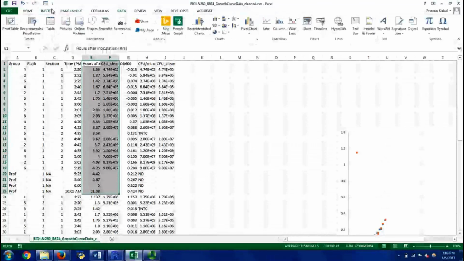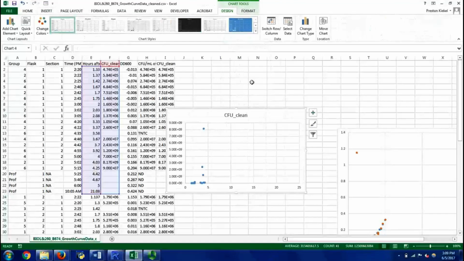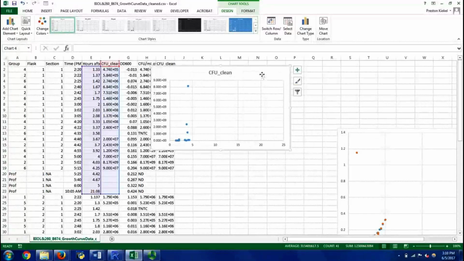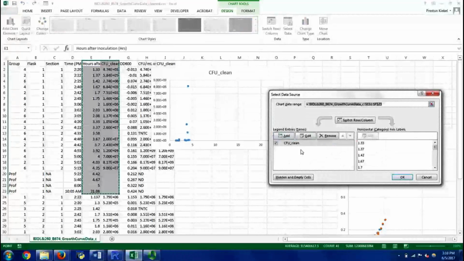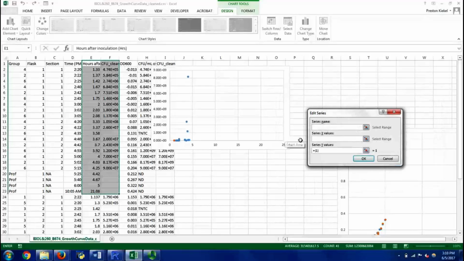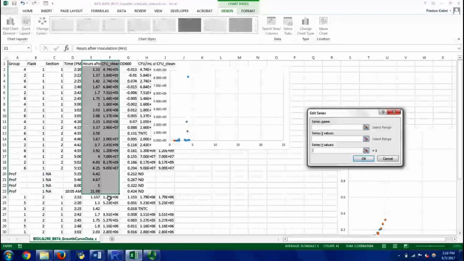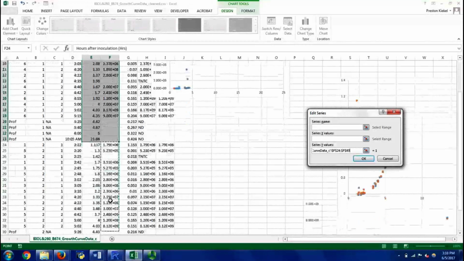Then you go Insert, and you click on the scatter plot, and you choose the scatter plot. Once you've got this created, you're going to right-click on it and go Select Data. Once you're in here, you will add another data series. When you click on Add Data Series, the first thing is to click on the Ys. I'm going to choose the Y values, and that is all of